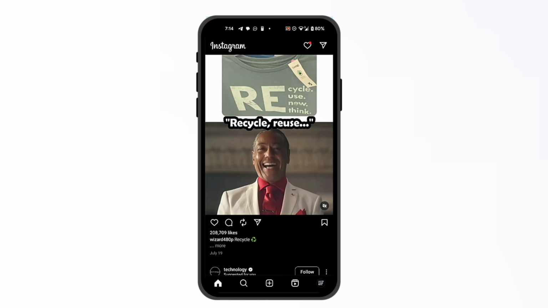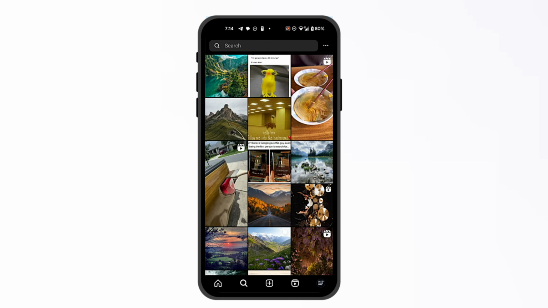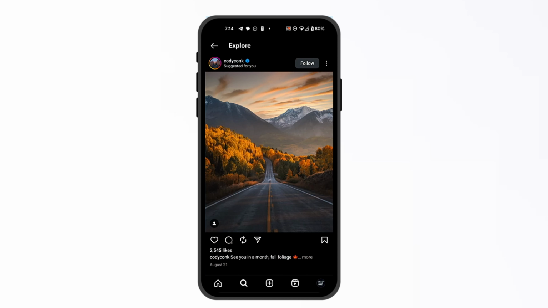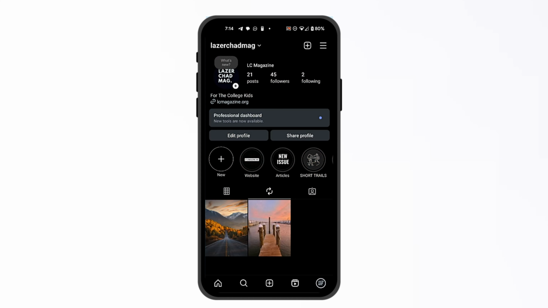So imagine you are scrolling through your explore page and you accidentally stumble on a post, and then from here you click on this button. This will make it reshared. And so it will appear on your profile once you go bottom right and you see that your shared posts